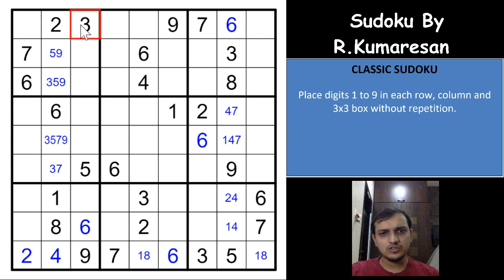And if you see the 3 here and 3 here, 3 has to be in one of these two places, right? And because of the 9 here and 9 here, you have to have 9 in one of these two cells, which gives you a 9 in one of these two cells in this box, right? And because of the 5 in this cell and 5 in this cell, 5 has to be in one of these two cells. That gives you a 5 in one of these two cells, right?